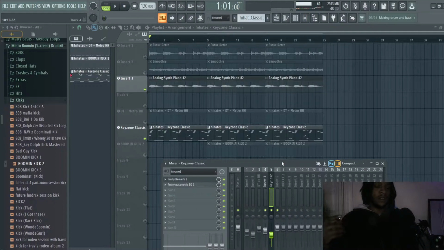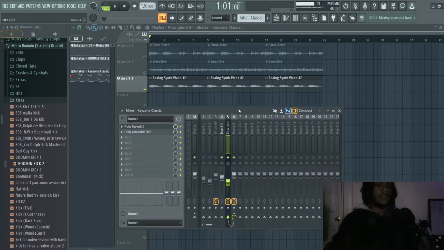But I want to hear how this analog synth piano and the piano sound in comparison and in contrast, but more so together, as opposed to the rest of the track. So let's mix those two sounds first. I have them in some instrument tracks, and then I already have them routed to another instrument track which has a multi-band compressor,